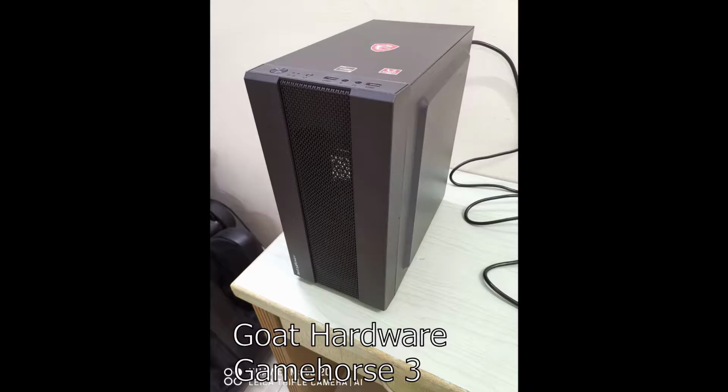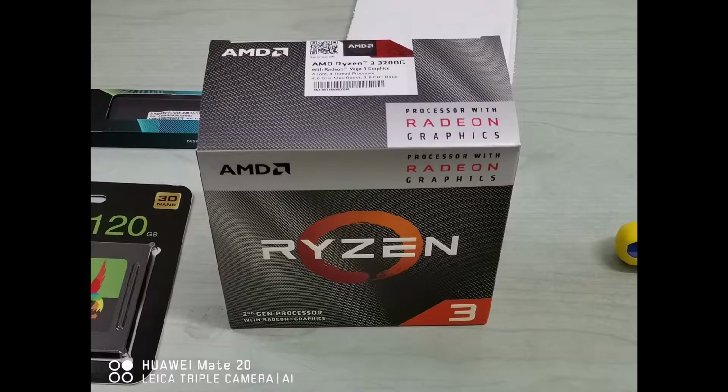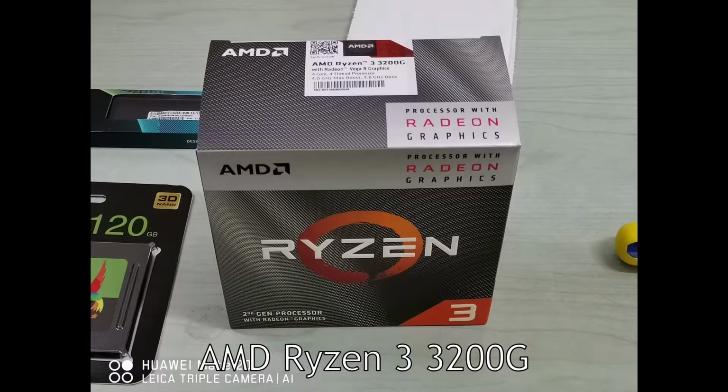I will start by talking about the specifications of this gaming PC. The desktop processor or CPU used in this build is an AMD Ryzen 3 3200G with 4 cores and 4 threads. This processor can play every computer game in the world, and it comes with a Wraith Stealth CPU cooler